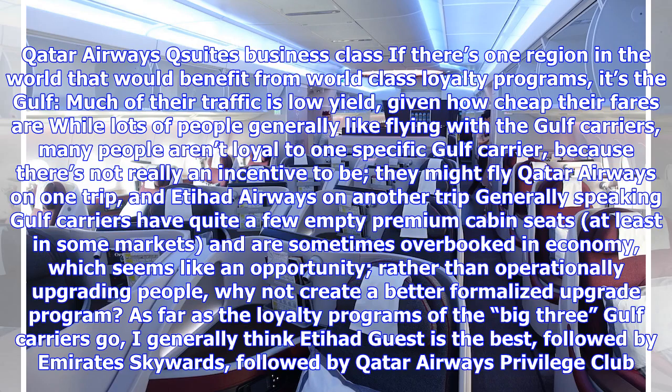Qatar Airways Q Suites business class. If there's one region in the world that would benefit from world-class loyalty programs, it's the Gulf. Much of their traffic is low yield, given how cheap their fares are. While lots of people generally like flying with the Gulf carriers, many people aren't loyal to one specific Gulf carrier, because there's not really a